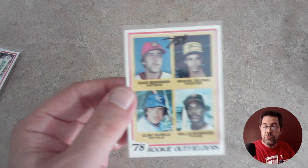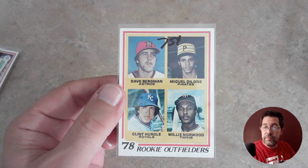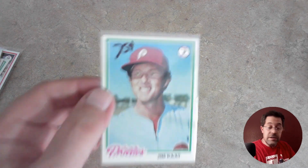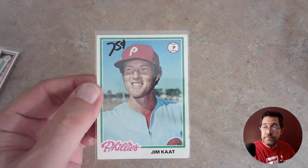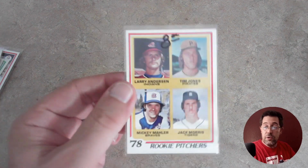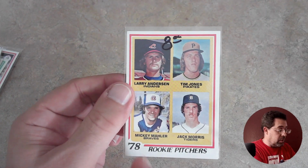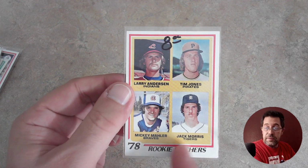And just another rookie outfielders. No one of note there. Jim Cott. Jack Morris, rookie card. And again, a lot of these multiplayer rookie cards, especially down at the bottom,